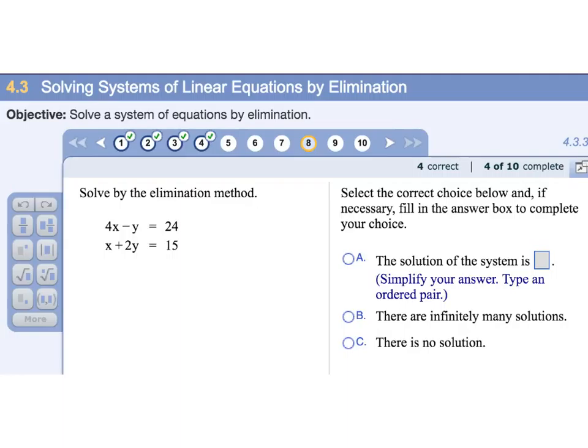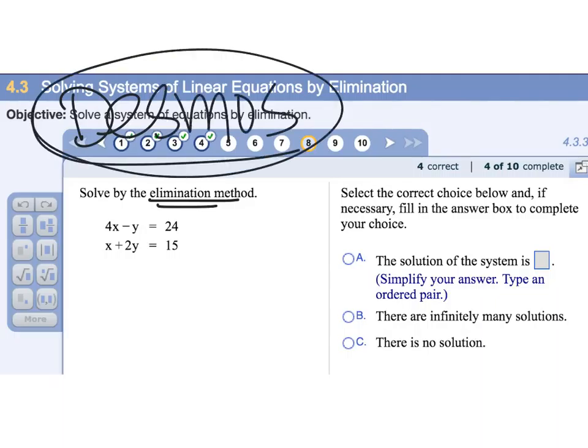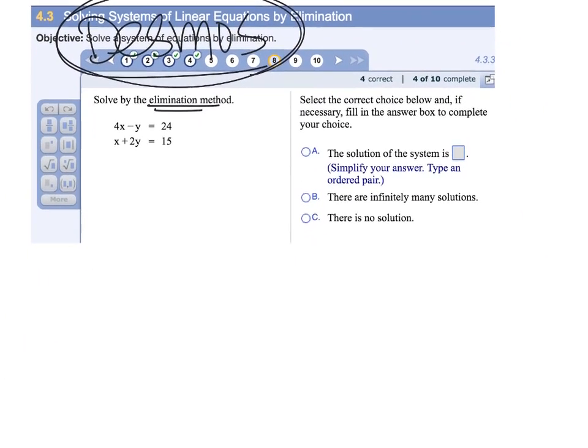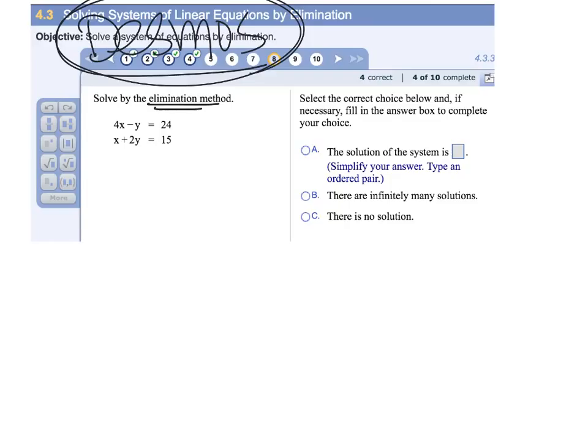Now, it still says use the elimination method, but I'm going to tell you, use Desmos, because if the answer is a whole number, you might as well just use Desmos and then you're done. But because it might not be a whole number, I don't know, I'm going to show you how to do the algebraic method anyway. So we've got 4x, let's get this going. I'm going to copy those two equations down. 4x minus y equals 24. And then I've got x plus 2y